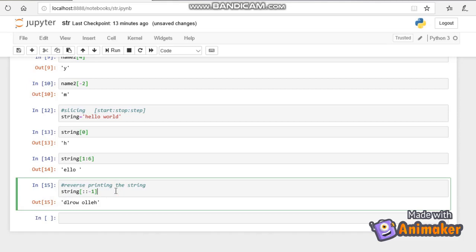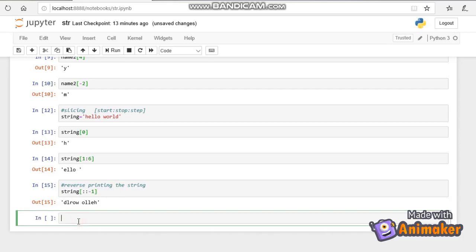Suppose if you don't give any index, let me give now a step index: 1, 6, 2. I'm giving like this.